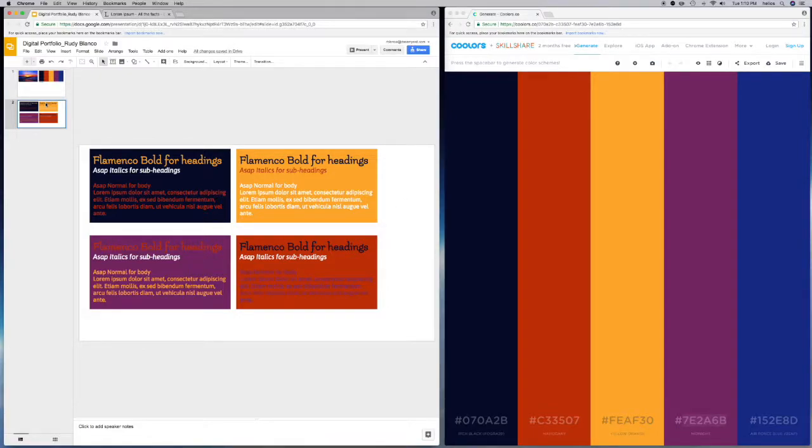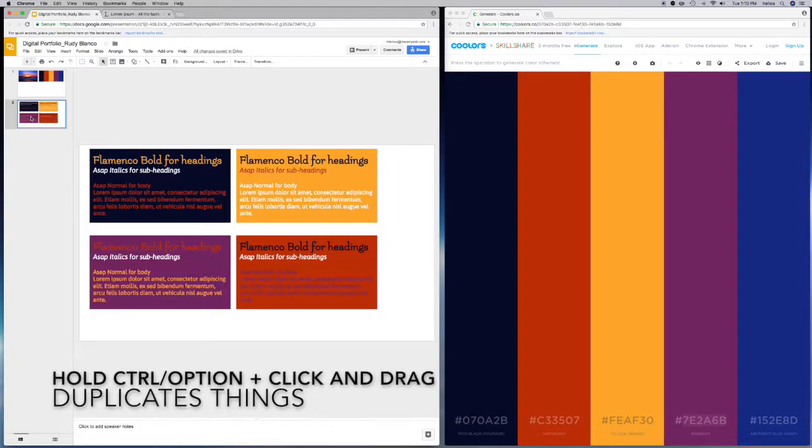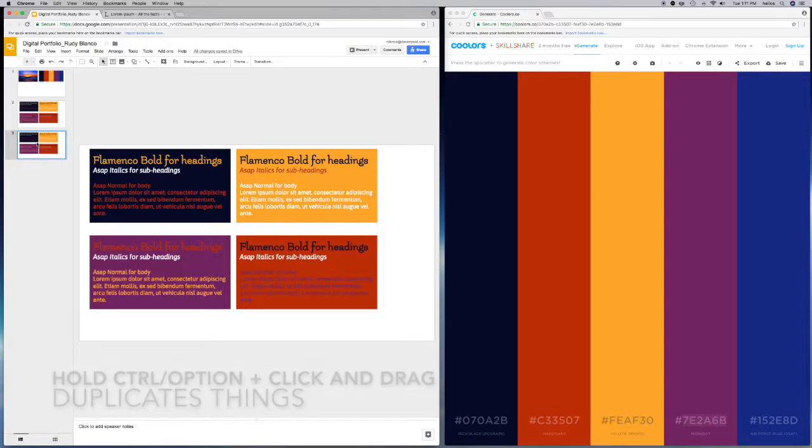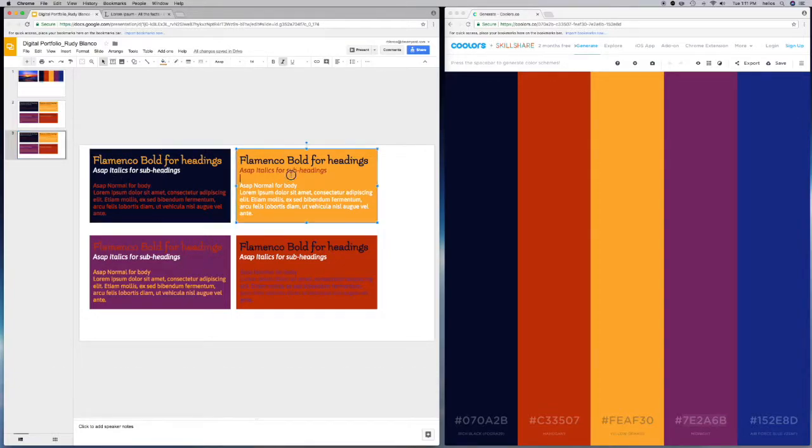Now, if you are not finding combinations that you like, what I recommend you do is take your second slide and again, holding the Control or Option button, click on slide 2 and drag down. Remember, that little shortcut is just going to duplicate what you already have. And then what I want you to do is just go in and play around until you find a combination of colors that you approve of, that your friends approve of, more importantly, that you are happy with